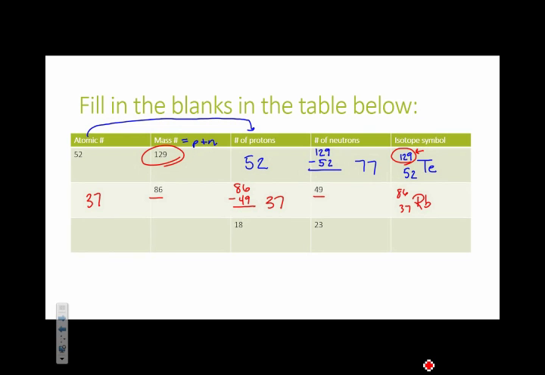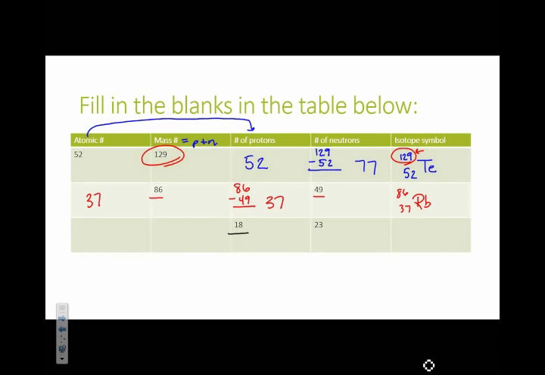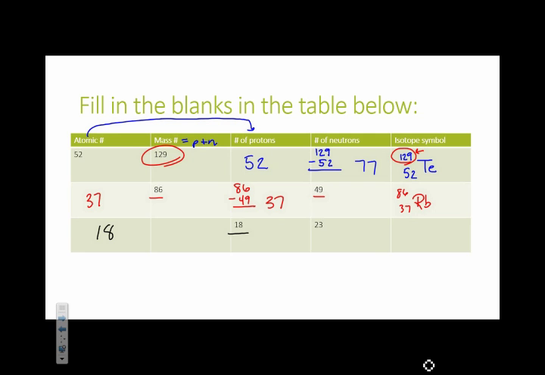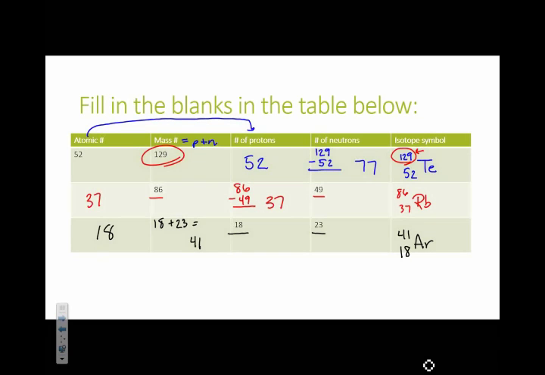On the third one, I have 18 protons, so my atomic number is also 18. My number of neutrons is 23, so my mass number will be 18 plus 23, which is equal to 41. Element 18 is argon. Mass number is 41, and my atomic number is 18. And I've completed my